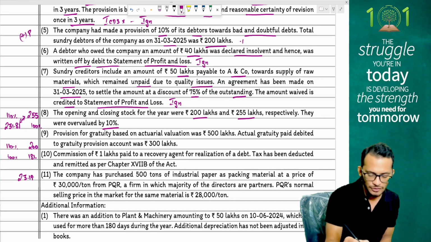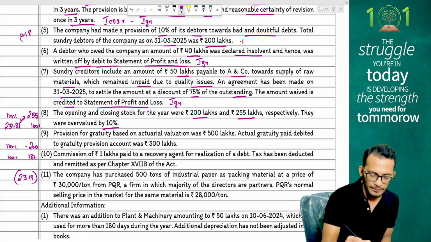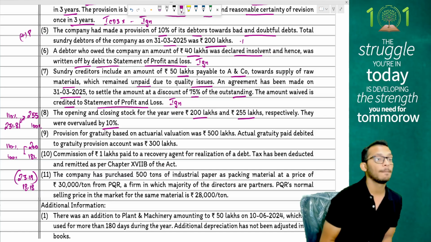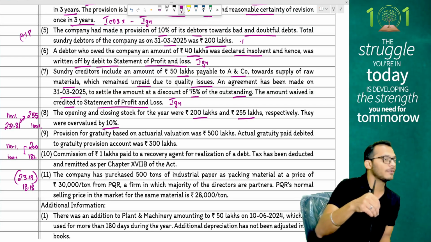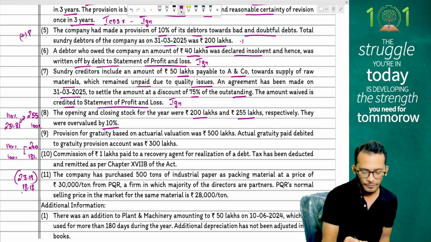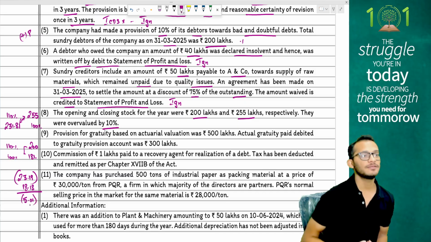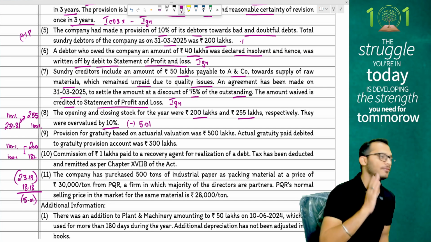23.19. This has to be added or minus? This is closing stock, so I have to minus. Opening stock is 200 minus 181, which is 18 point something. This has to be plus, added. Yes or no? Closing stock will get reversed, so profit will come down. Opening stock will get reversed, so profit will increase. So it has to be added back. Therefore net effect is minus 5.01. Okay, 5.01, whatever you call it, minus 5.01. So therefore here I will minus 5.01 or 5, as the case may be.